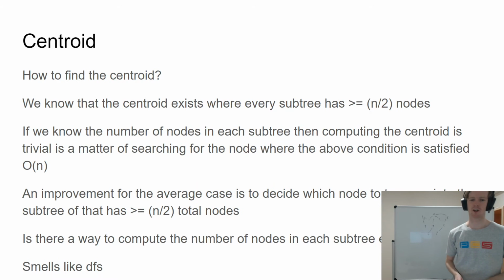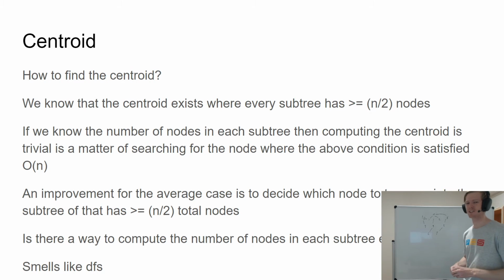Cool. So how do we go about finding the centroid? Let's formalize this a little bit. We know the centroid exists where every subtree has less than or equal to n/2 nodes. So if we know the number of nodes in each subtree,